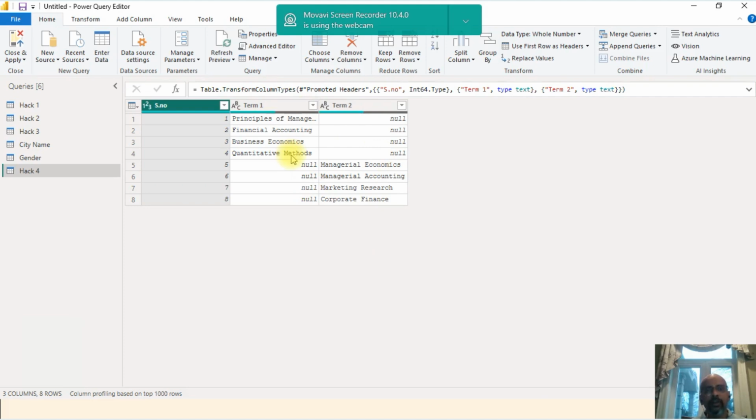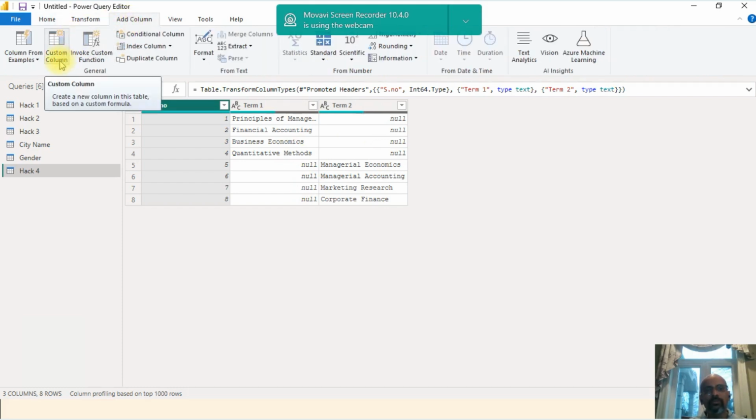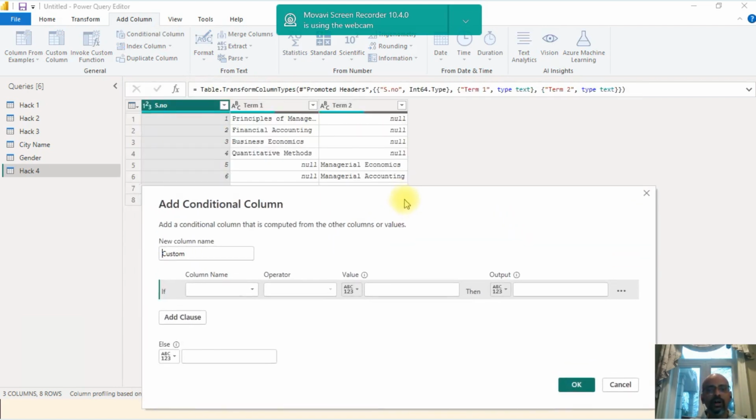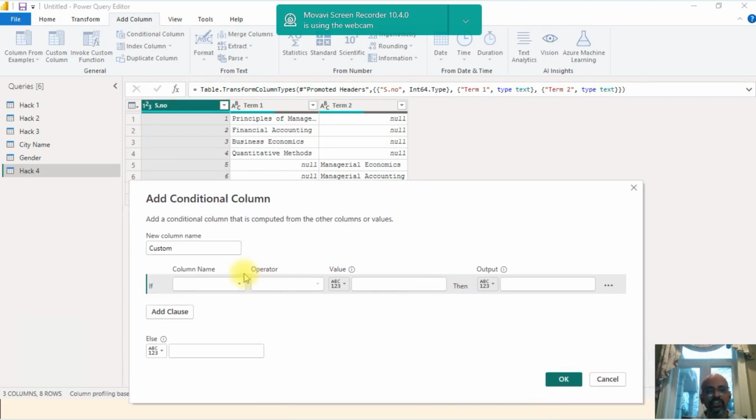This time we are going to use add column, custom column, or let's use conditional column. This will be easier to combine this together, removing the null values. Let's use conditional column, which we learned in the previous video, right? So please understand what I'm giving as a condition. For this new column, let's keep the name updated column. If the column term 1 equals null,